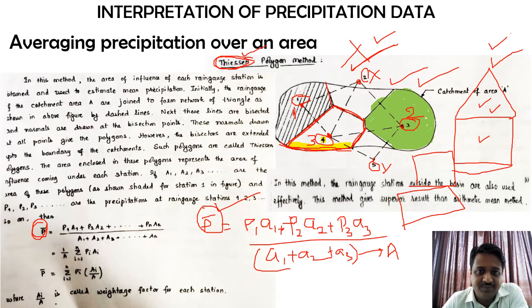Okay, so here itself, if I just show you this, this P bar is equal to the formula just now what I have shown with respect to the example. The same thing, since this P1, A1, P2, A2 can be generalized, that's why they have taken it as 1 by A, because the denominator, the addition of all these, will become A. So that's why they have taken it outside the summation.